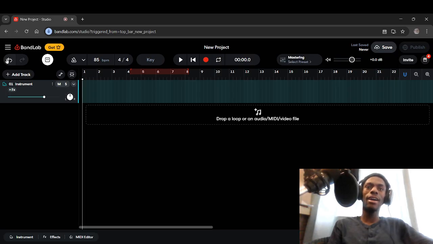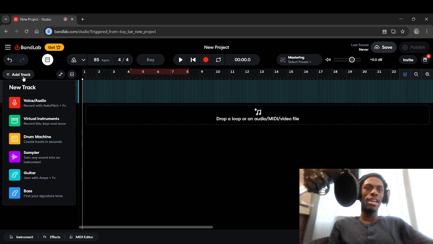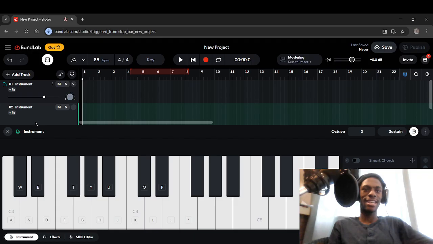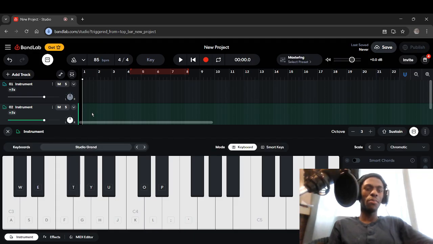I like this. Okay, so if you want to add more tracks, obviously you just press the add track, and then you'll get what you got on the homepage, all these options, recordings or virtual instruments and all that jazz. You go for instruments. Now what you'll notice is that every time you push instrument, the virtual instruments, you'll always end up coming to the piano or the studio grand. Okay,